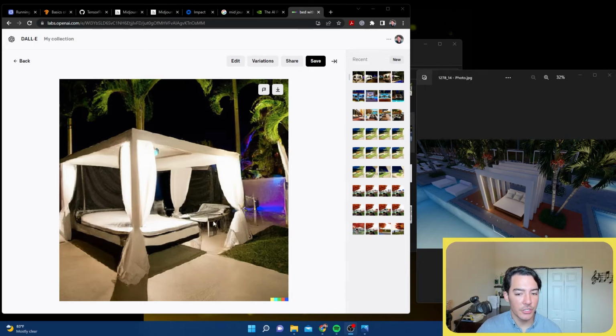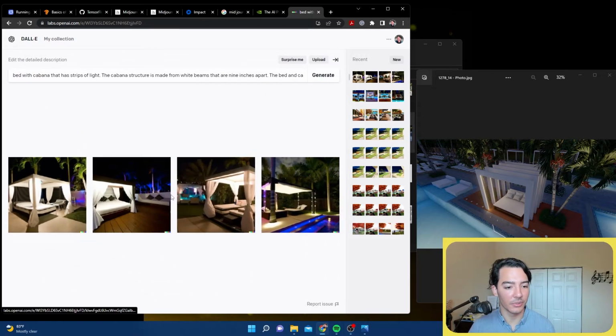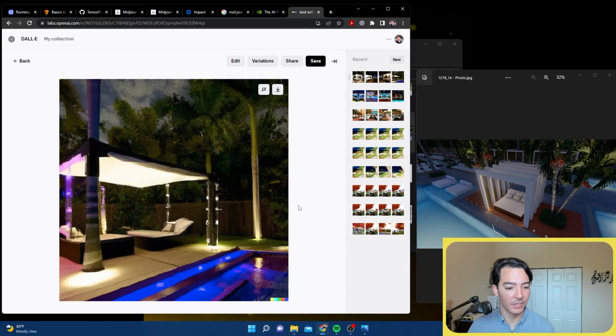It still didn't get the structure, although I don't think I did a great job at explaining it. And then it got light, but it's in the corners. It uses like a generic mattress. It's funny. And then I did say pool edge, and it's not on a pool edge. The only one that's on a pool edge is this one. But this one's like two different ones.